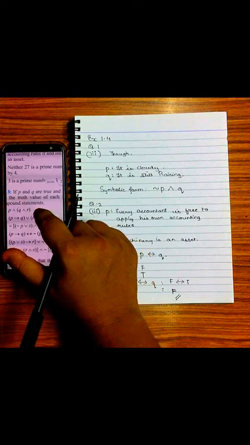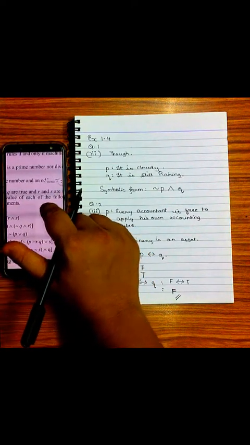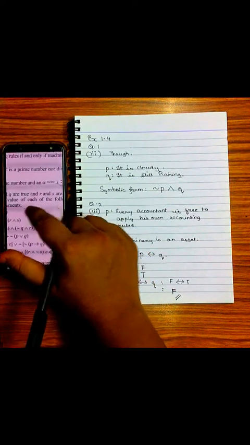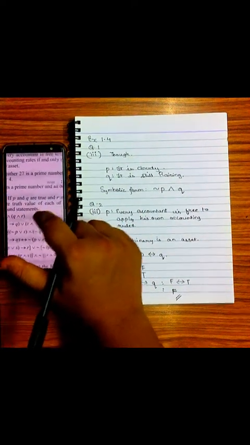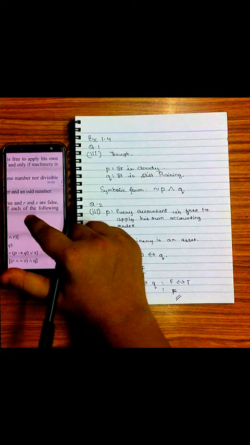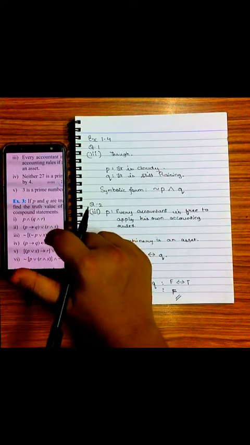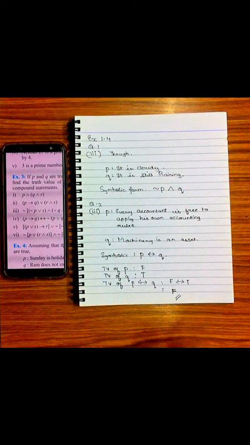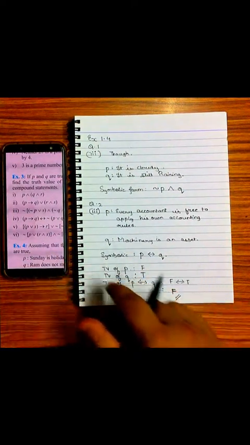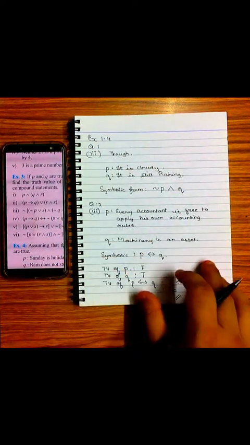If P and Q are true and R and S are false, find the truth value of each of the following compound statements. Okay, here also I will be solving the fifth part of this sum. Okay, so let's write down the question.